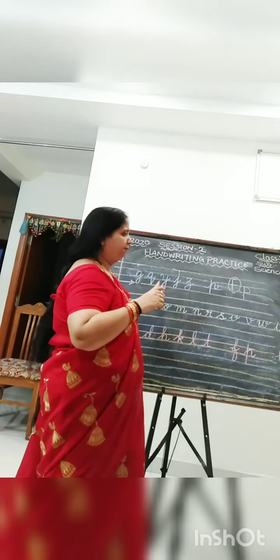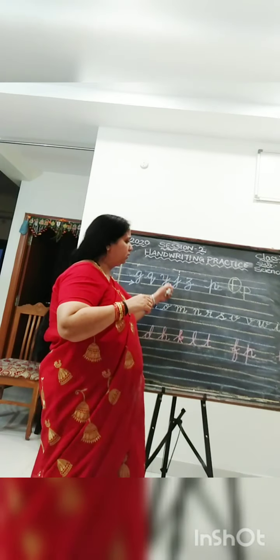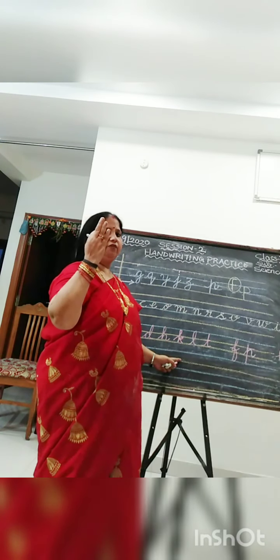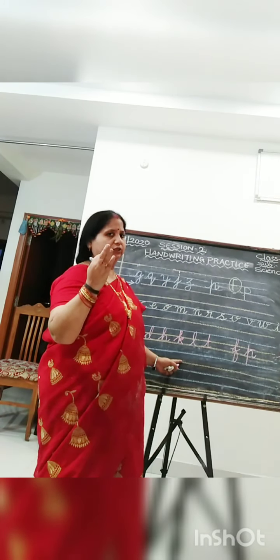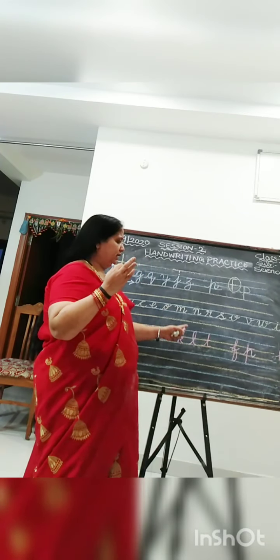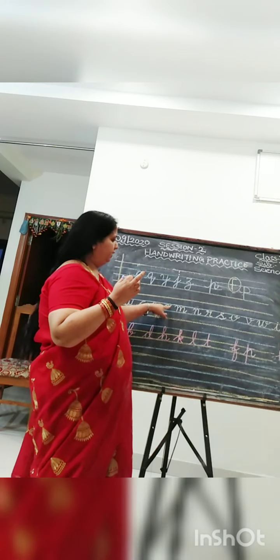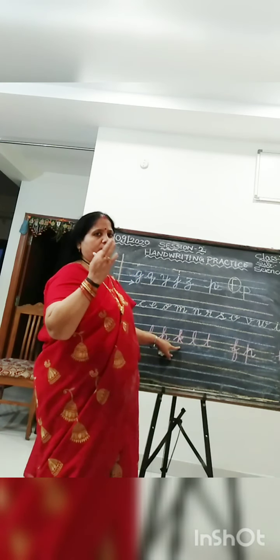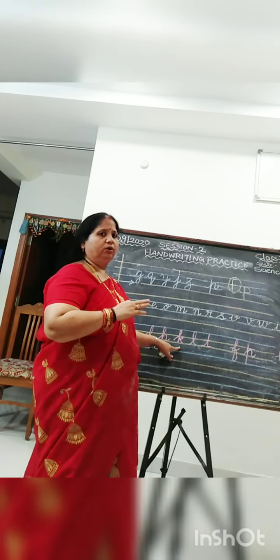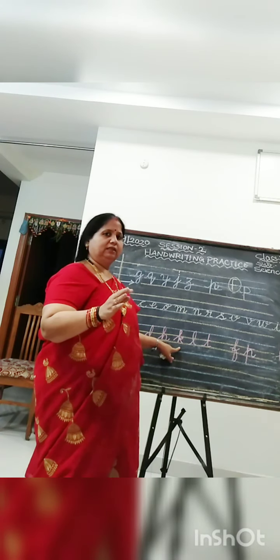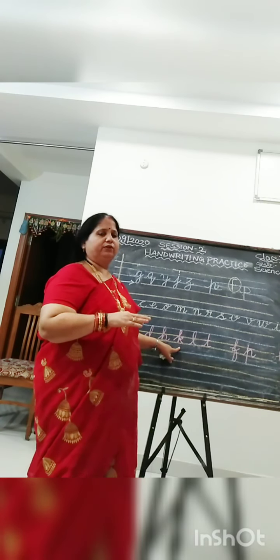Yesterday I had taught you only single letter strokes, single cursive letters, isn't it? A, B, C, all the letters. Today I have shown the differences. Three different strokes differences I have shown you. Mid letters, upper strokes and down strokes. This is down strokes, middle letters, upper strokes. Those three different strokes I have shown you. Do it, practice it, and tomorrow we'll see in the next class.